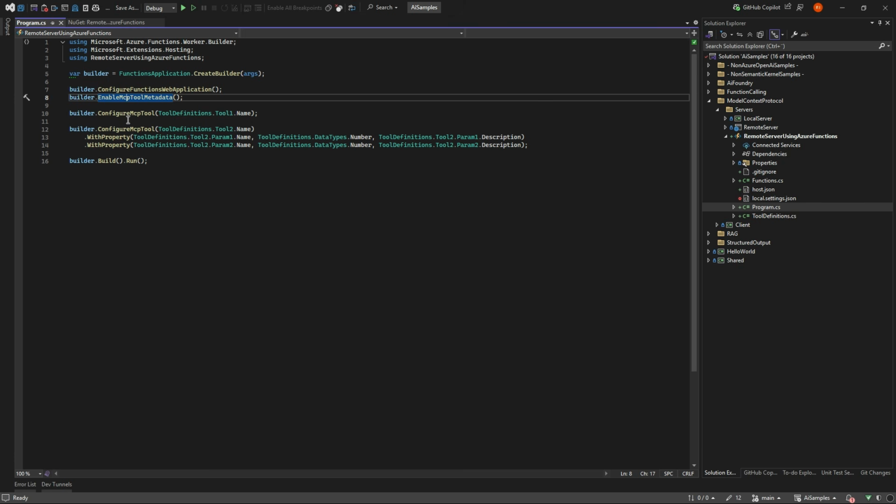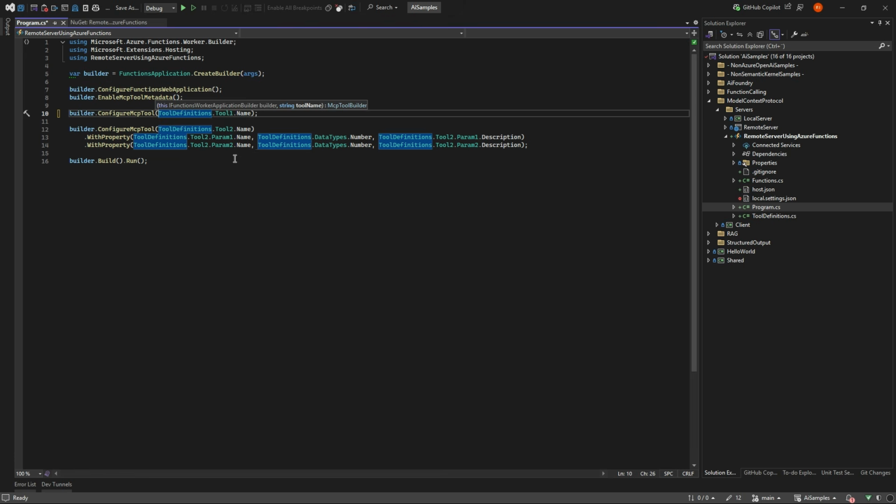For that, you need to use configure MCP tool, where you need to give it a name. In my case, I have two tools, one that doesn't take any parameters and one that takes two parameters. So in here, we just need to give strings for the tool names and so on, but because we also need them in the functions themselves,